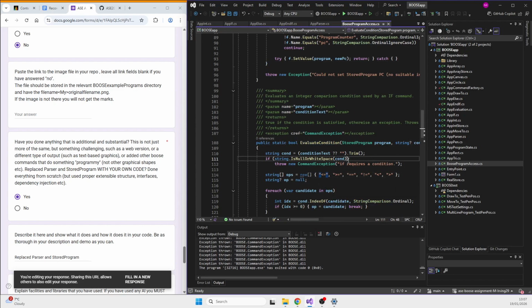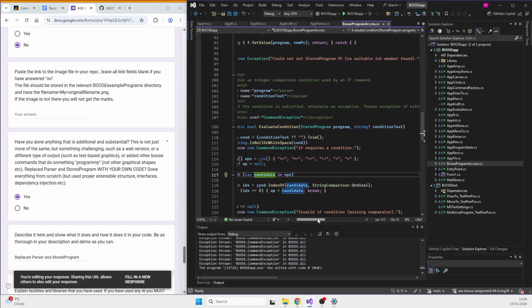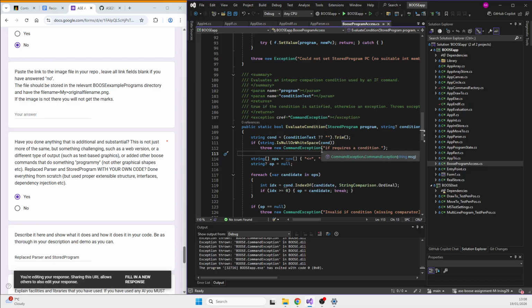Here it evaluates the condition. So it's like the if style comparisons, Boolean. So it trims it, and then it will throw an exception if nothing's there. And then here are all the operators.